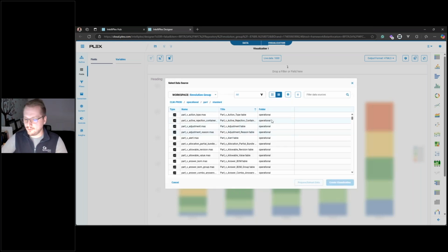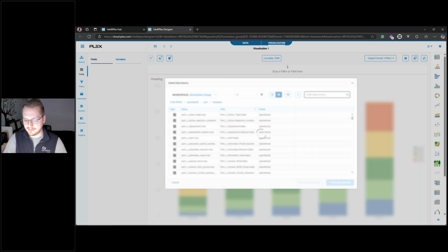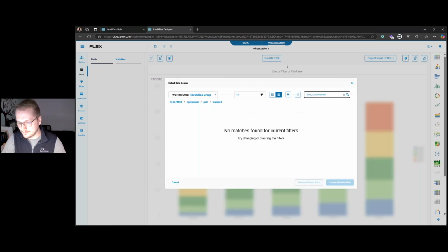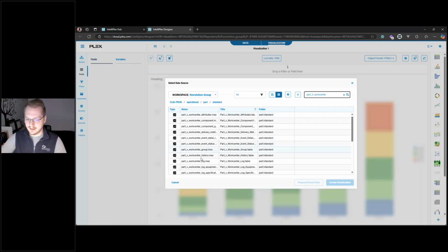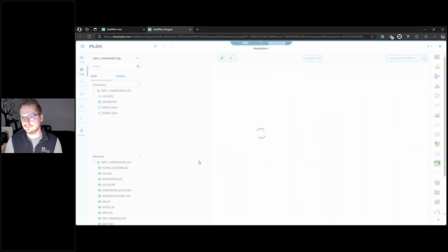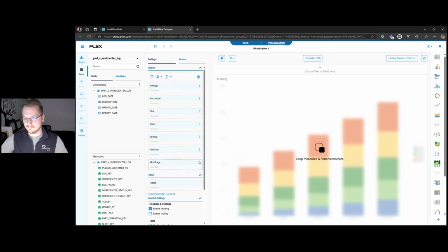And I want to start with the, I'm going to type in my table here, and I'm going to type WorkCenter. And I'm going to select WorkCenter log. Okay. Now this dropped me to my visualizations, and if you guys are familiar with the WorkCenter log table, well,